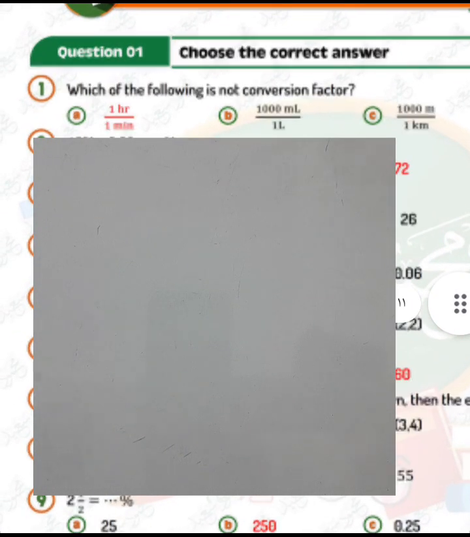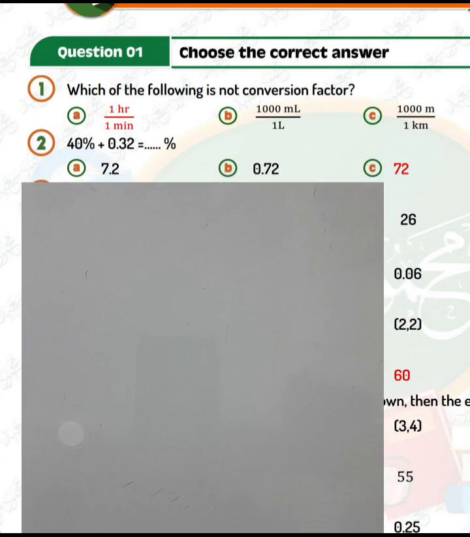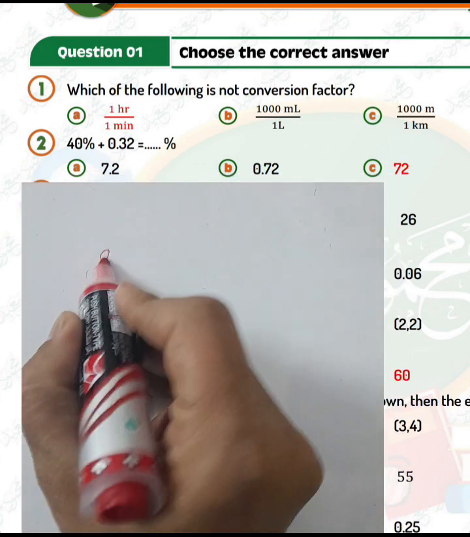Which of the following is not a conversion factor? We must choose 1 hour over 1 minute. Question number 2: 40%